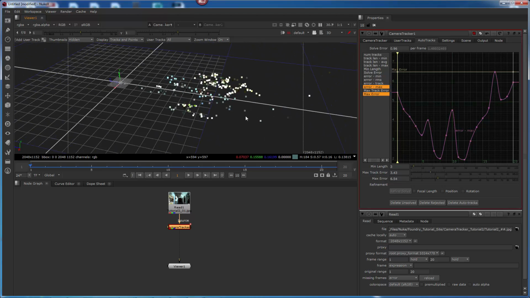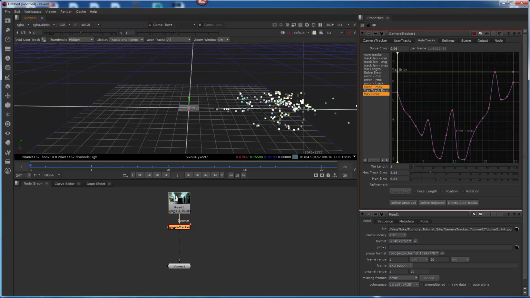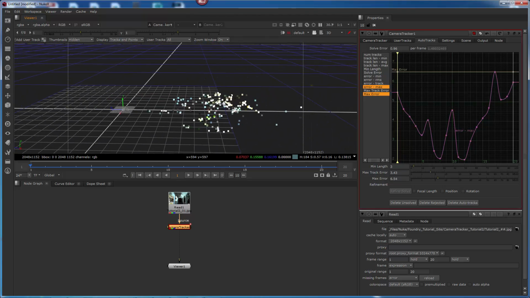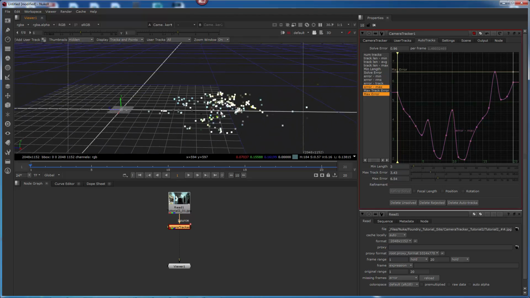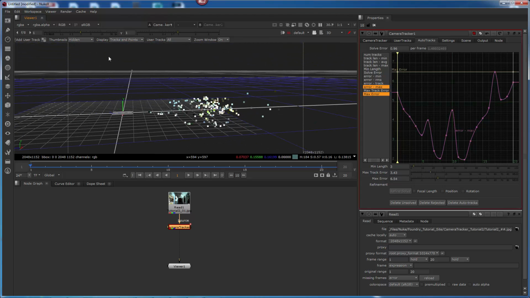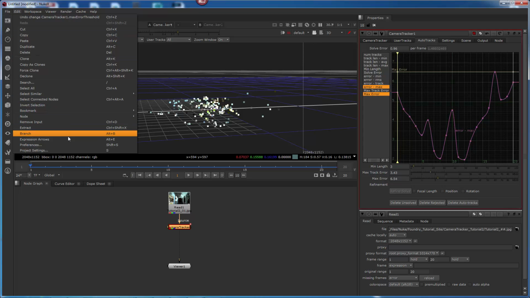Alt left mouse button to tumble the camera. Alt middle mouse button to track up, down, left, right. Alt right mouse button to dolly in, dolly out. Okay. And I can come up here to the top and I would go to edit, down to preferences if